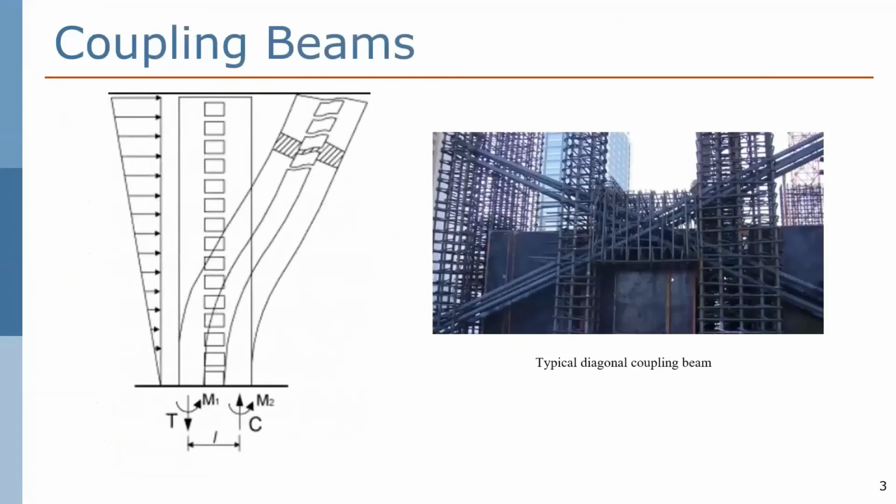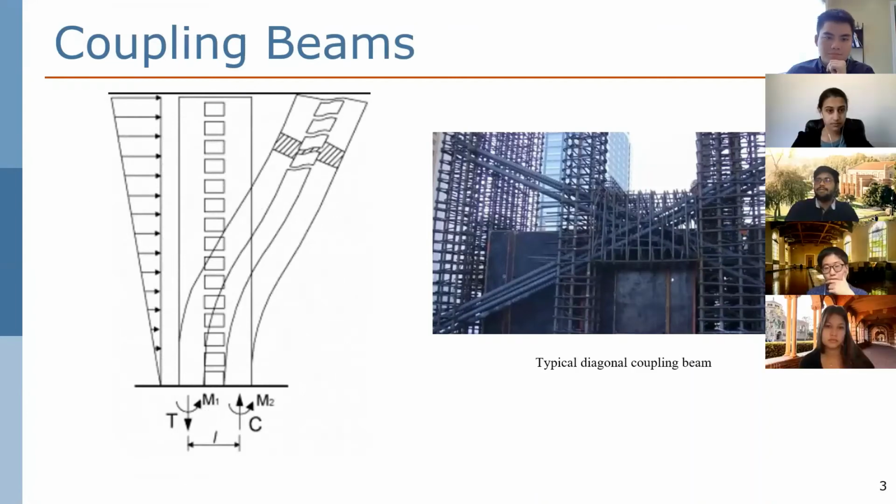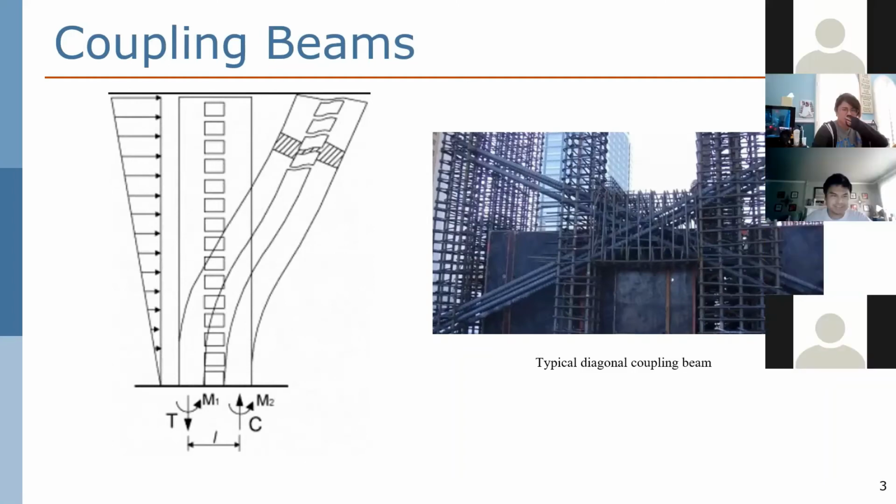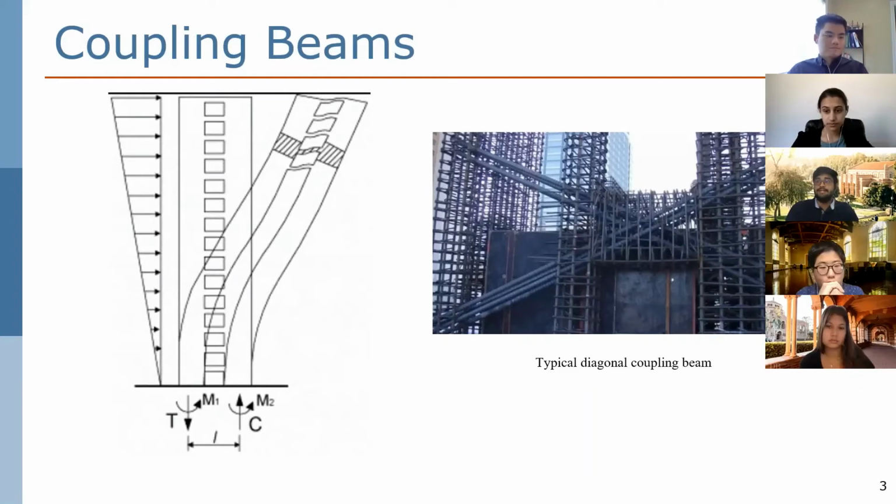So before we begin, just a review of what exactly is a coupling beam. A coupling beam is a lateral force resisting component of a structure. They're used effectively when two shear walls or any other elements used for withstanding lateral loads are combined. This subsequently decreases the overturning effect and improves the overall stiffness of the system. Therefore, the main function of a coupling beam is dissipation of energy and improving the stiffness and strength of the lateral load system